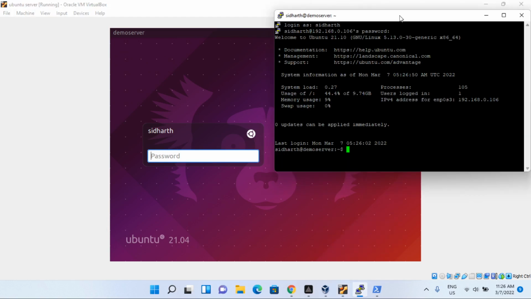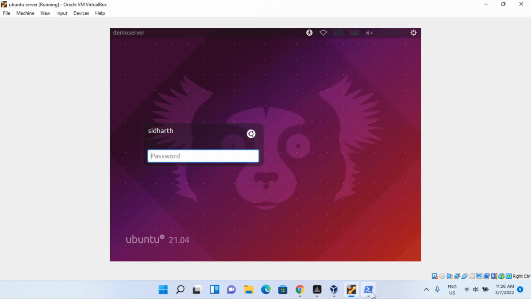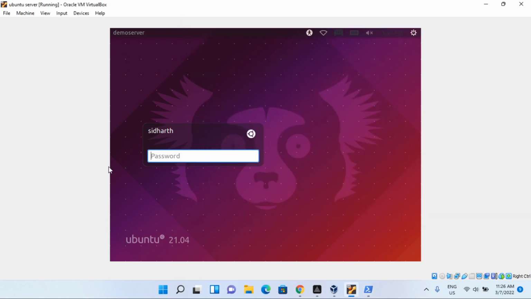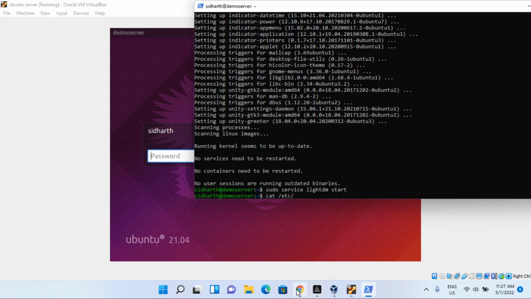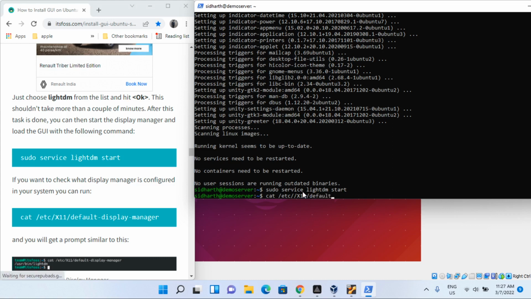The moment, okay, so this is what I wanted to show, but this is no more required, so I'm closing the session. So if you see, as soon as we run that sudo service lightdm start, it started our virtual machine, our desktop. So you can see an Ubuntu screen here, which is 20.04, and we were checking about the command. So cat /etc/X11/default-display-manager,